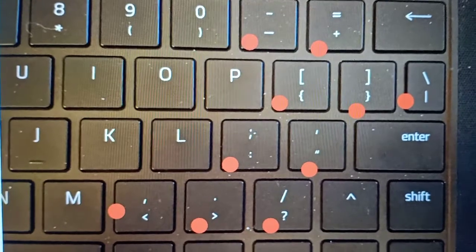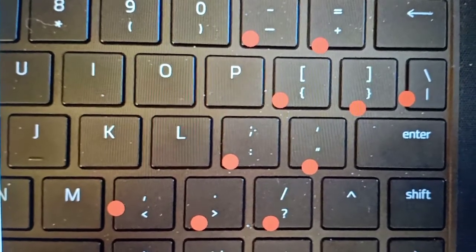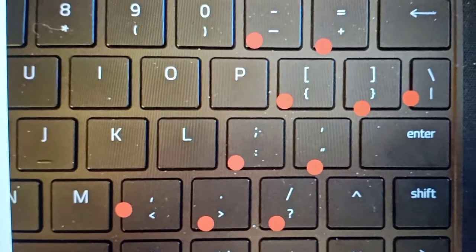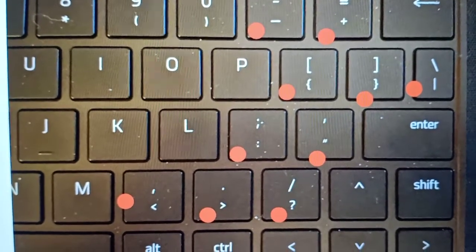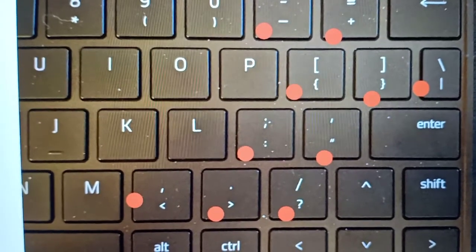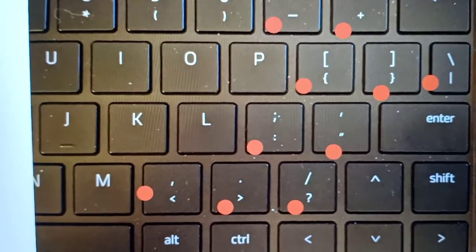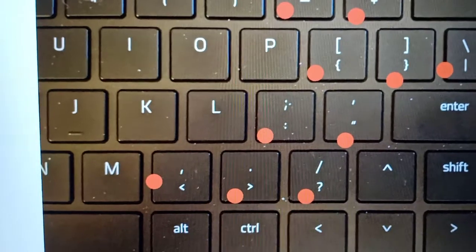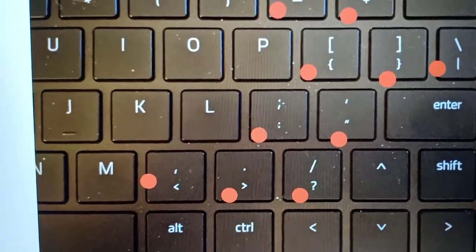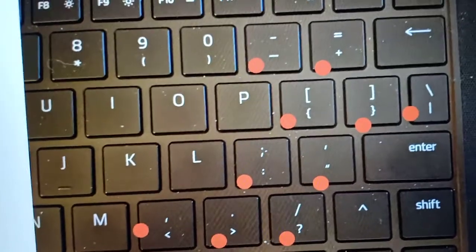So these keys are present on the right side of the alphabet keys. These keys are used to input punctuations or symbols in a sentence or a paragraph while typing. Comma, full stop, question mark, slash, double quote, single quote, brackets. These all are the different symbols or punctuations.